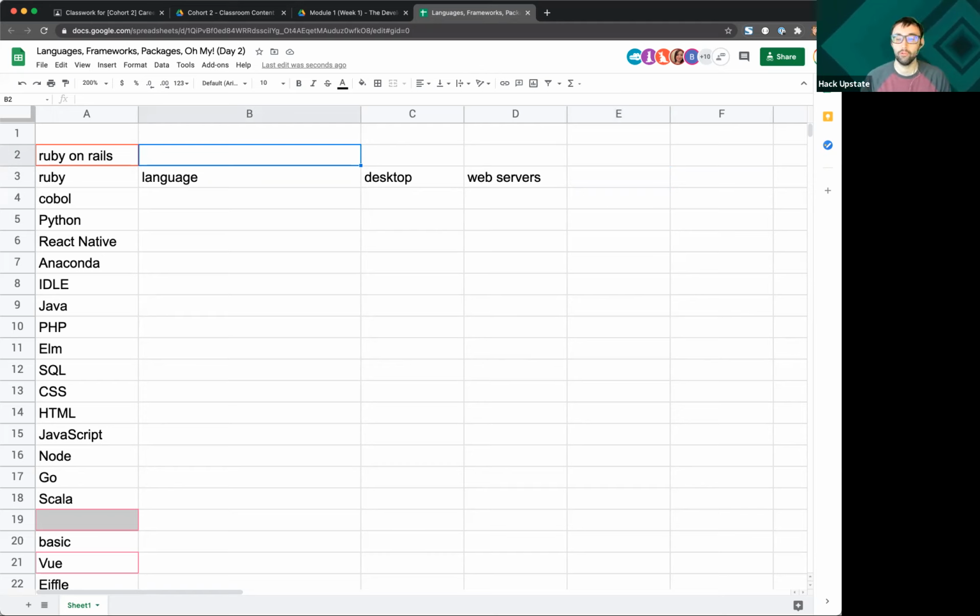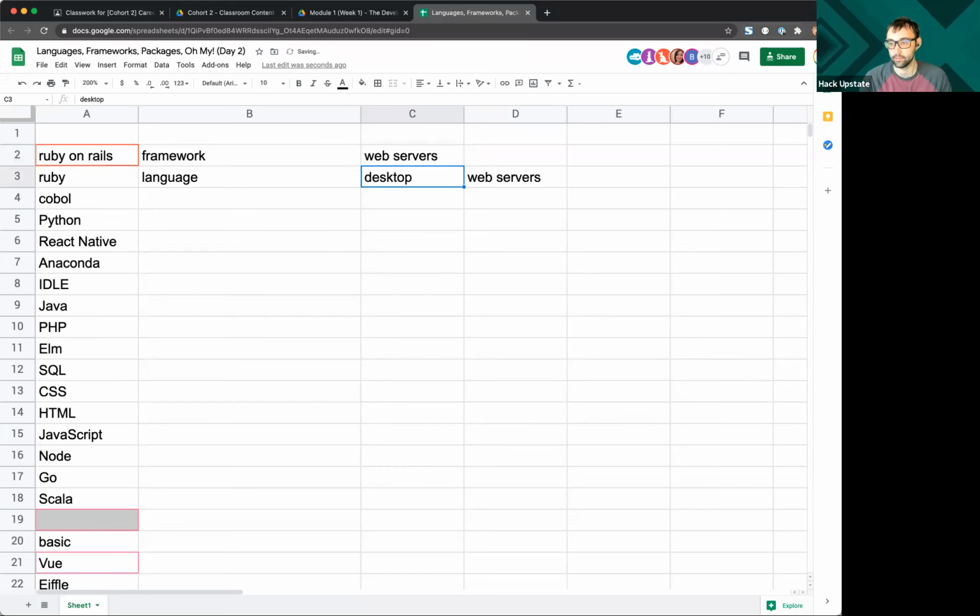So Ruby on Rails is actually a framework. And again, what I mean by framework is that they provide a certain base level of functionality and a recommended way of accomplishing something. And then you are able to use that framework to build on top of it. So Ruby on Rails is a framework that is primarily used for web servers.